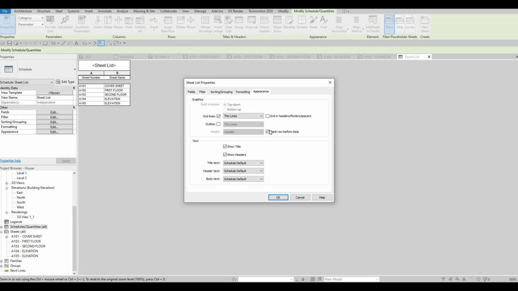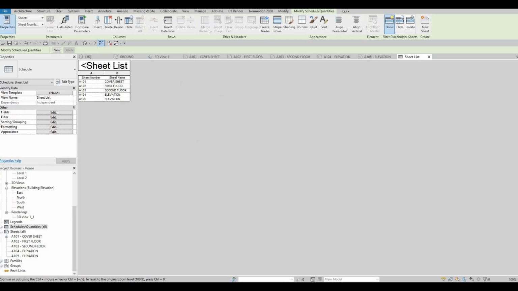So here I don't want any gap, so I'm going to uncheck this. And then also I want my title text to be a little bit bigger, so I'm going to put 7, and then here header, let's add at least 6, and then for the body I want it to be at least 4. Press OK, and then here we could change this to our drawing list,